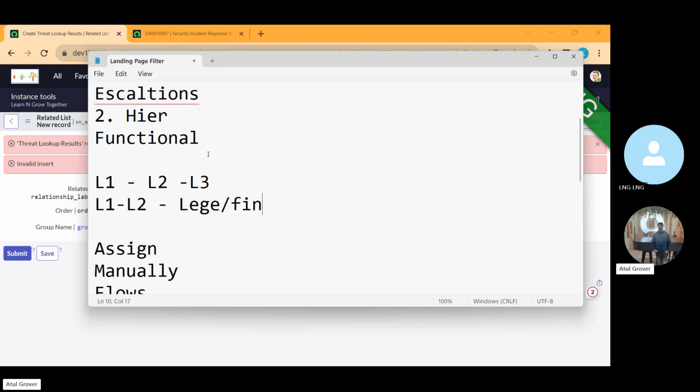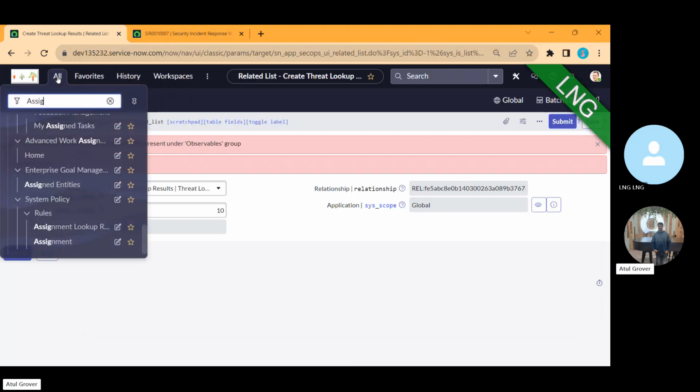But how can we define this, where does it need to be put? For that, we have to create the escalation groups first. If a group doesn't have any escalation group defined, then it will not work for escalation. So how can it be done? Let me come back here. I'll search for the